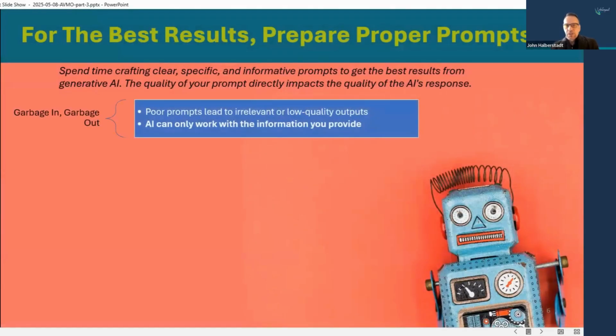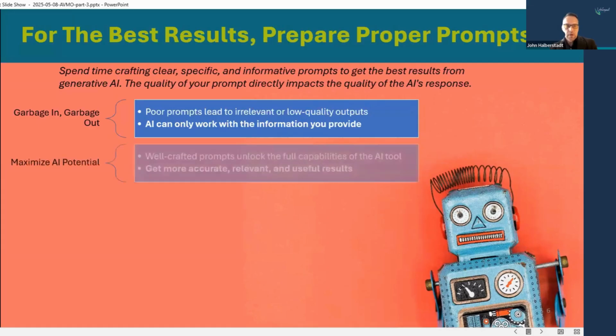Related, garbage in, garbage out. So if we want better outputs, again, not unique just to rolling out your VMO, but in the use of these tools, irrespective of the particular flavor that you use, make sure that you are putting in high quality prompts. Make sure that you can get more accurate, relevant, and useful results by